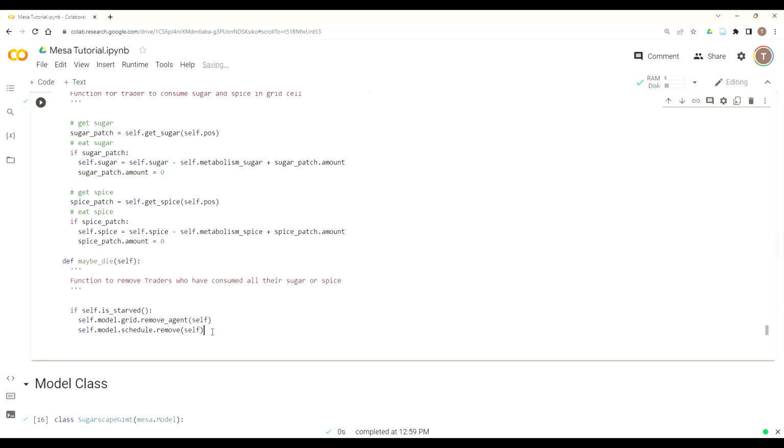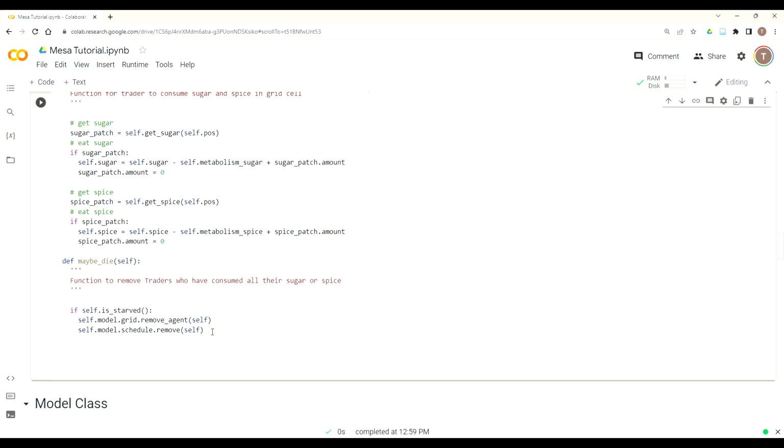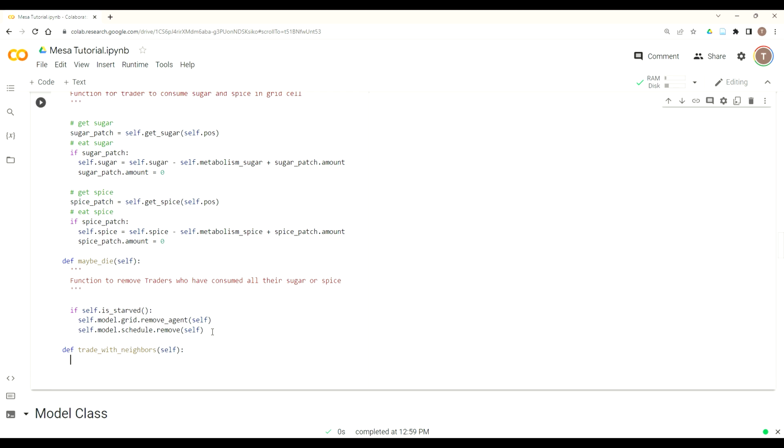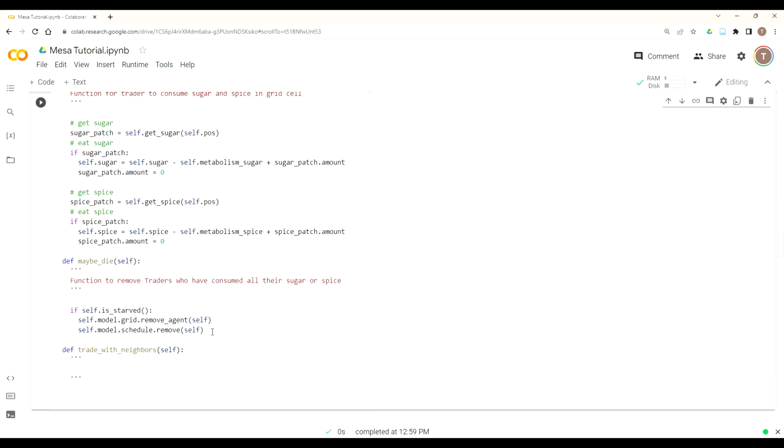Then we go back up to our trader agents, right? And as this is a main function, like move, eat, and maybe die, then we add the trade with neighbor functions. Okay, so it's def trade with neighbor self because it's part of our trader agent class. And we add our comments,